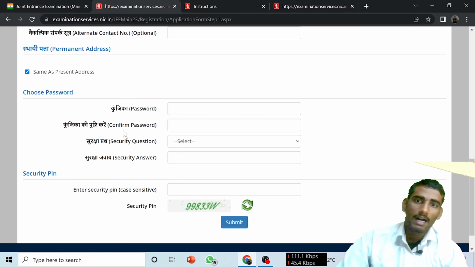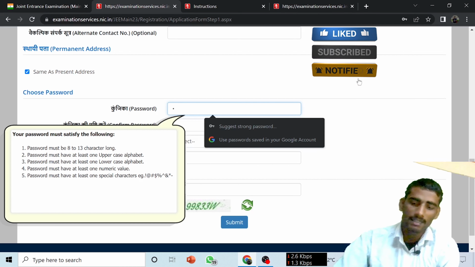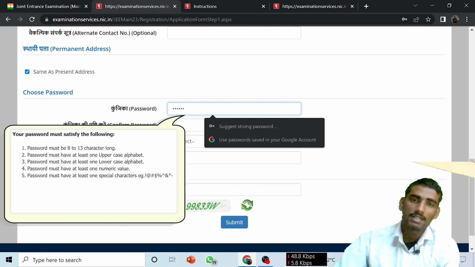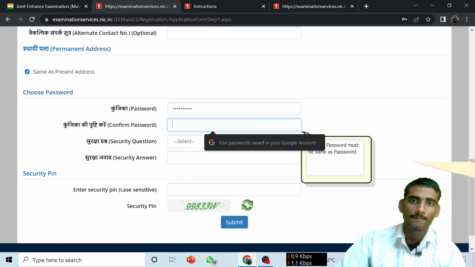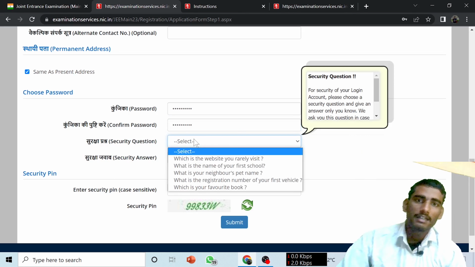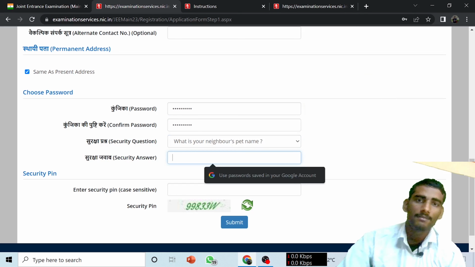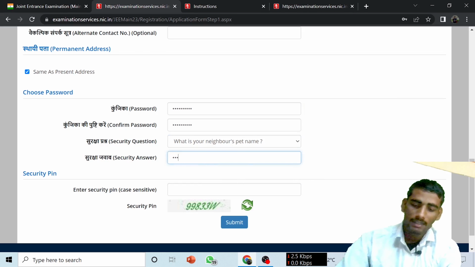Okay, after that you have to click make a password. Okay, आपको एक password बनाना है. Suppose I am making the password, and that must have one capital letter and one small and alphanumeric some value you can take. Suppose ram@123, gopal@123, any password you can take. Okay, so I've given the password. Then you have to click the security question. So suppose my security question is what is your pet name, or never pet name. नेवर पेट नेम भाई, अगर आप सपोज पासवर्ड भूल गए तो नेवर पेट नेम याद रखें. सपोज किटी मैंने रख दिया. ओके, then enter security, that is the case sensitive pin.